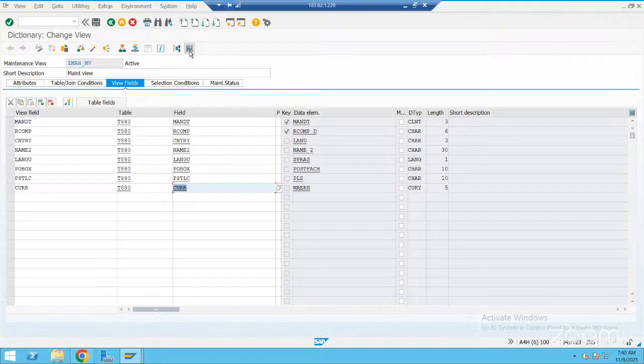See here, the activation I have done. Maintenance. Since it's not a maintenance table, it's not allowing us.